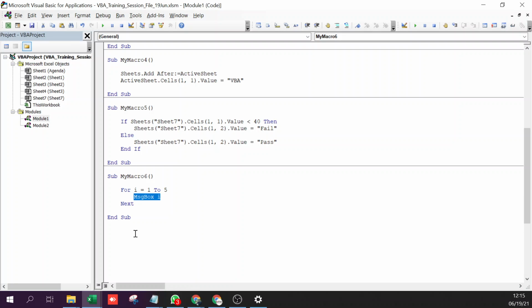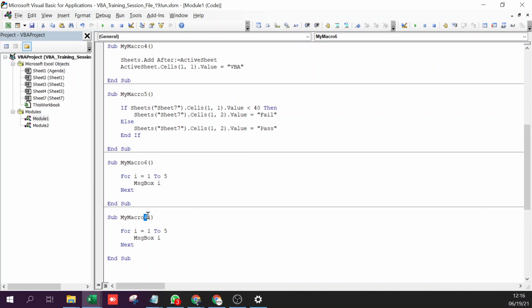So what we will try to do is write another macro. By the way, you cannot have the same name of the macro in this module. So this will give me an error. I have to give it a new name.